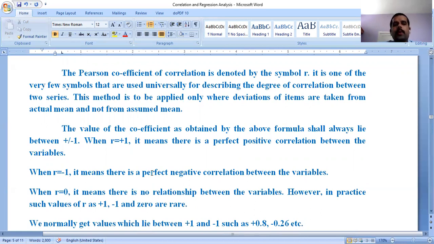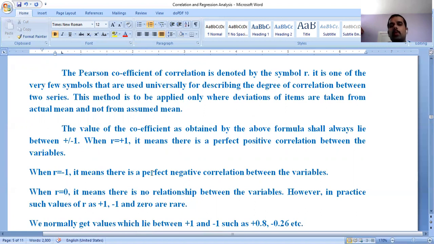Instead of writing Pearson coefficient of correlation, we will write the symbol small r. It is one of the very few symbols that are used universally for describing the degree of correlation between two series. This method is to be applied only where deviations of items are taken from the actual mean